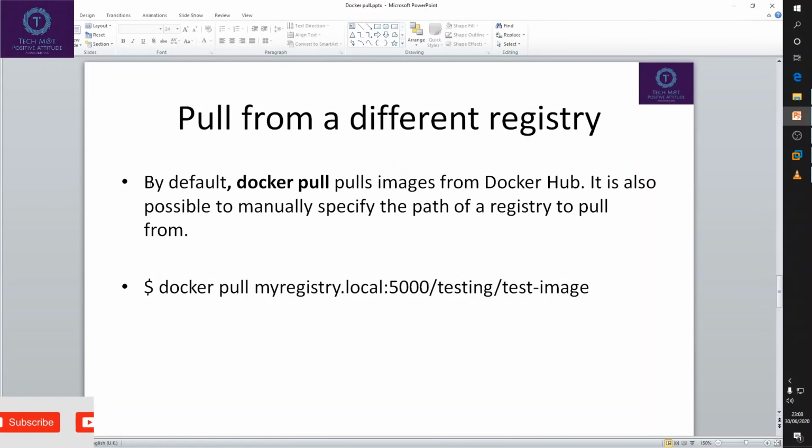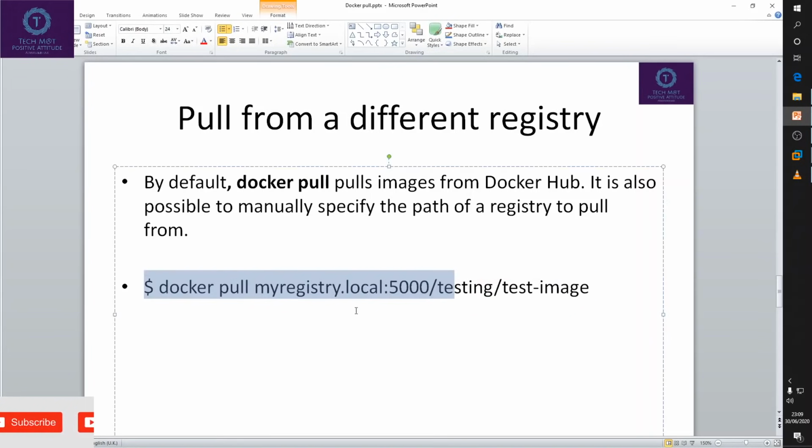Next is pulling from a local registry. If you have created a local registry, you can use this command: docker pull, then your registry, the port number (by default the port is 5000), then the full path where the image is.